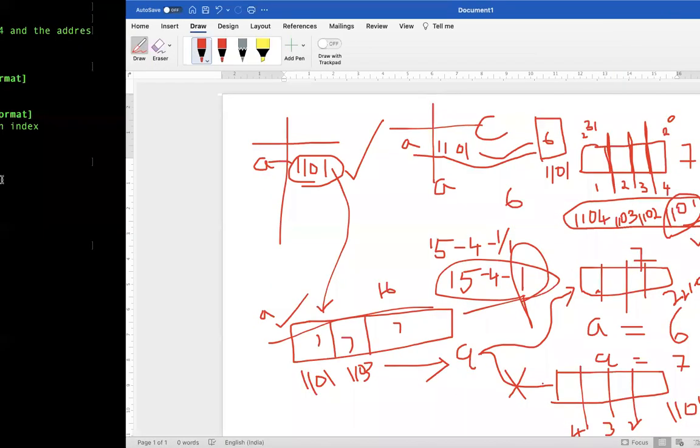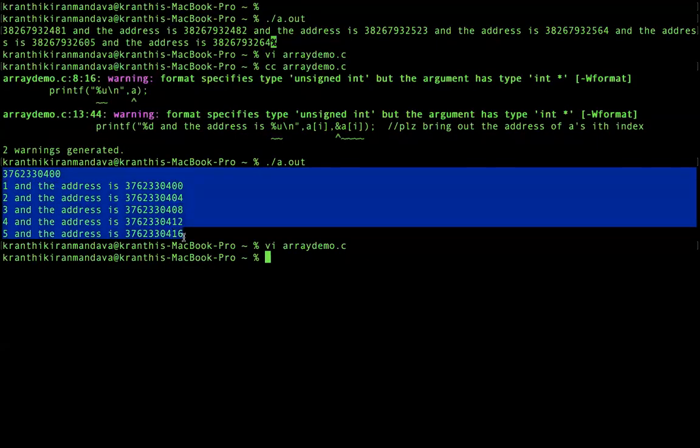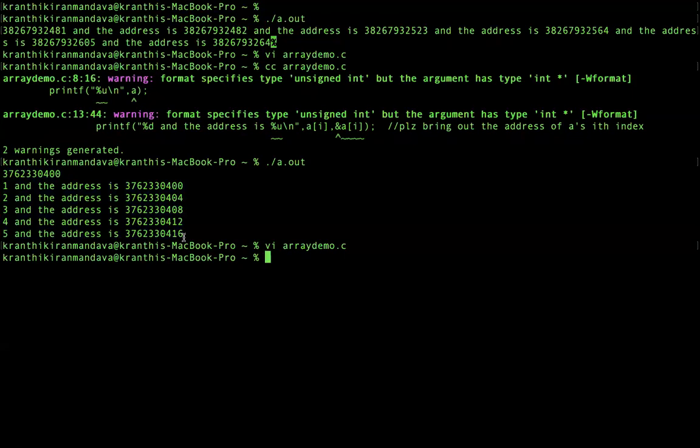Now in this case, what did you observe? So what is the address of the array now? Can you define the address of an array? The address of the first element of the array is the same as the address of the array. Yes, that's correct. As I told you, the apartment's first flat's address is the apartment's address anyway. So the address of the first element of an array is always the address of your complete array.